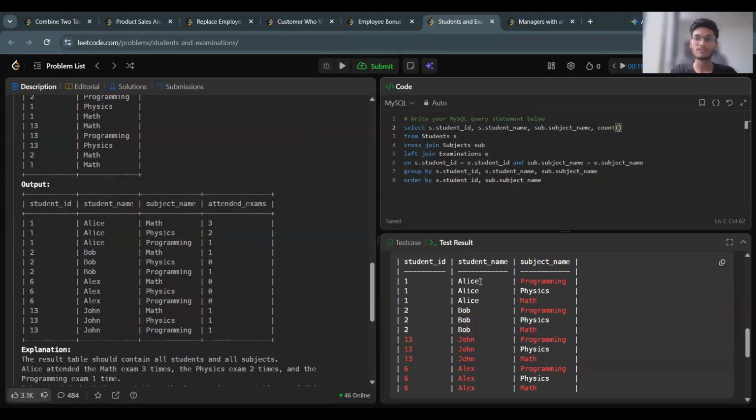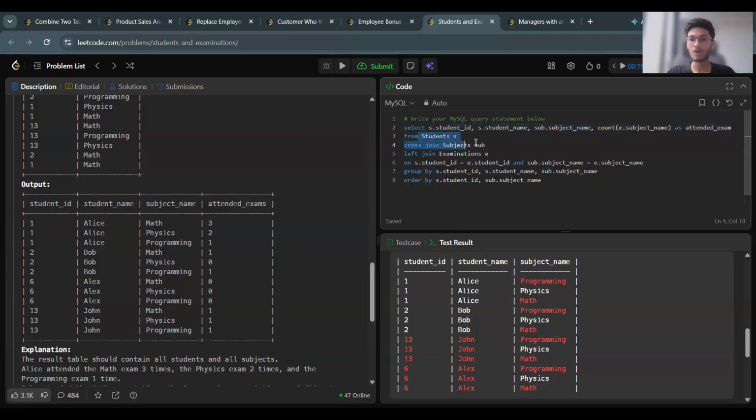For which subjects? For the subjects for which the student has attended the exam. So count of e dot subject name as attended exam. So I hope you understood this. So we are displaying the student ID, student name, subject name, and count of the subject name as attended exam